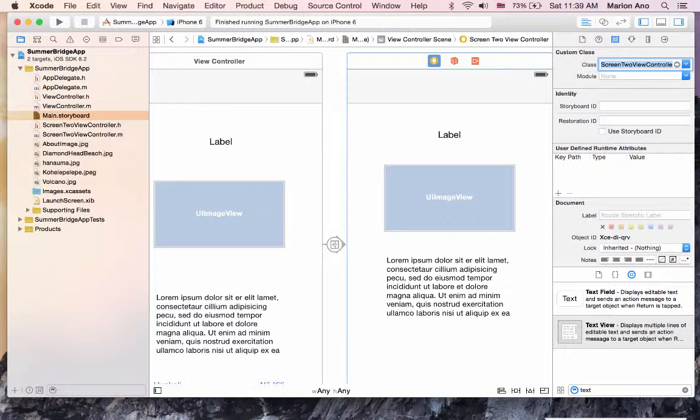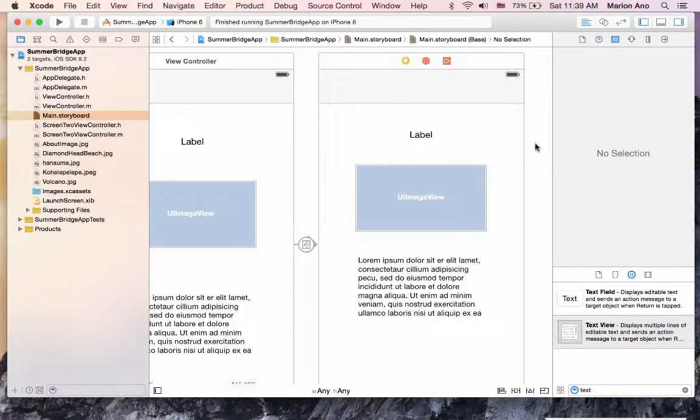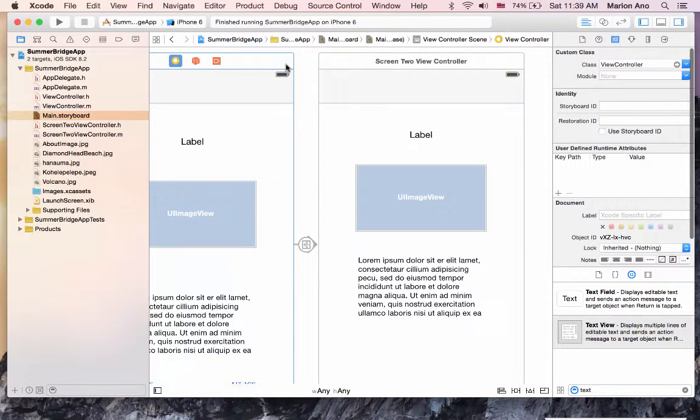Okay, and I want you to hit enter just to make sure that that's set, right? That's solid, that connection is solid. And that's all we need to do at this point. Okay, so if we want to make sure that this is indeed screen to view controller, we can click on this other view controller and it'll tell us that it's screen to view controller. So now what we've done is these two files, these .h and .m files, are now specifically connected to